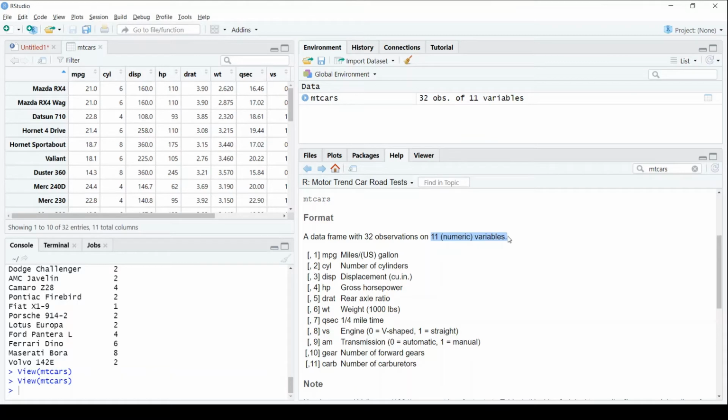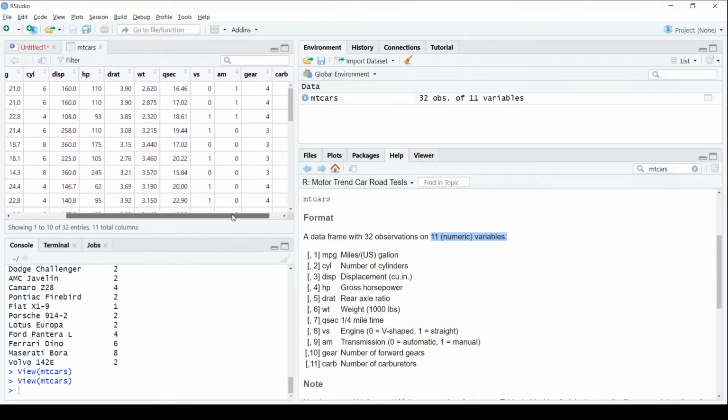Among these variables, mpg stands for miles per gallon. In the US, instead of liters and kilometers, it is calculated in miles. cyl stands for the number of cylinders the car models have. disp is the displacement. hp is the horsepower. drat is the axle ratio, the ratio from the actual wheel to the engine. Then wt is weight. qsec is quarter mile time.